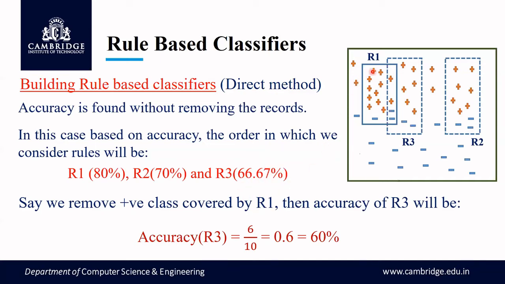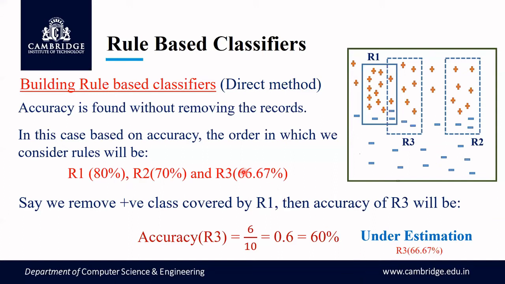Now when I removed only the positive class that belongs to the particular record wherein we had the intersection, I'm getting the accuracy as 60%. This 60% is less than the actual value we had got earlier, correct? Which means if you remove only the positive records which are covered by the previous rule, then you might get the new accuracy as an underestimated value. Underestimation with respect to accuracy is happening here. That is because you have removed only the positive class.